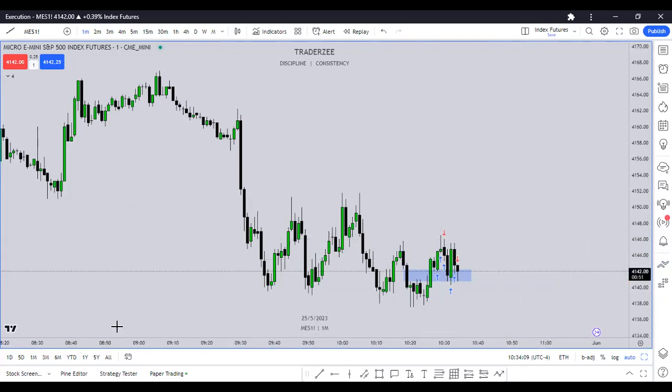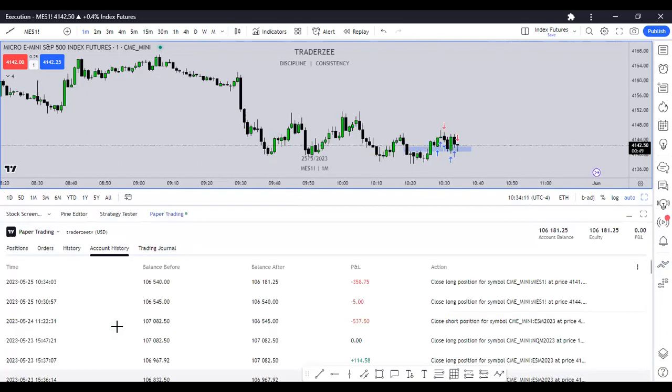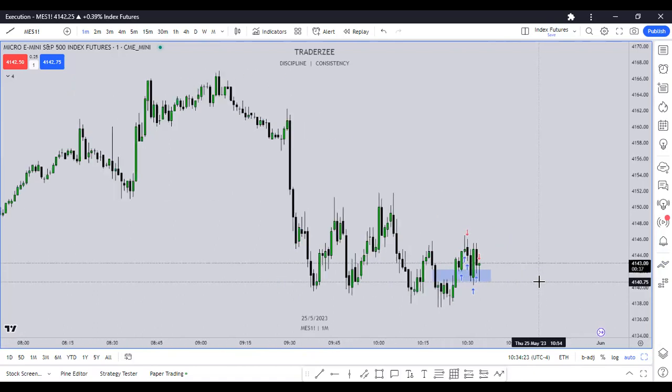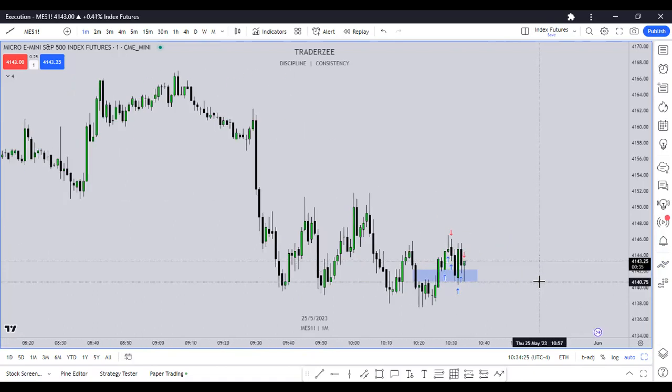They got chopped up. Although it is still valid, I think my stop loss was very aggressive. This usually happens because